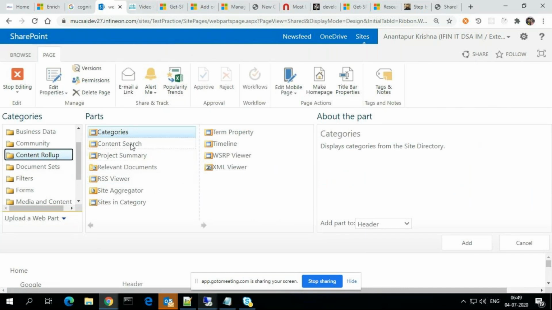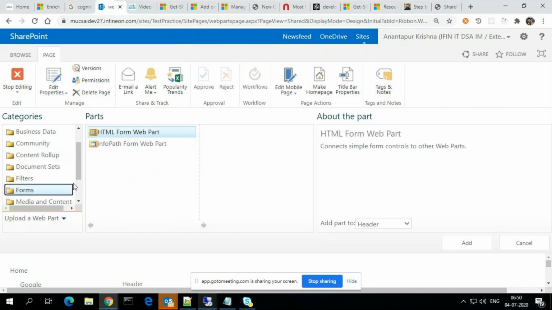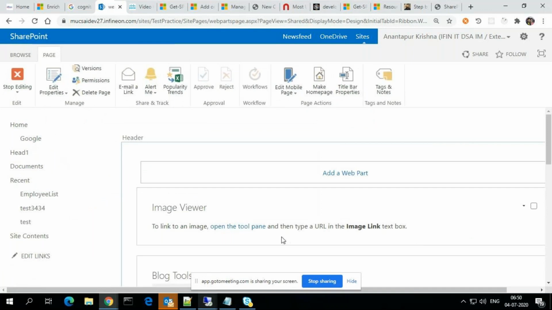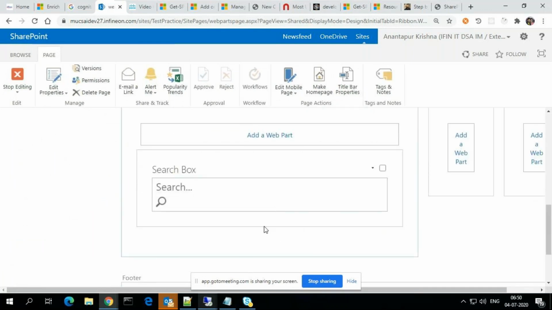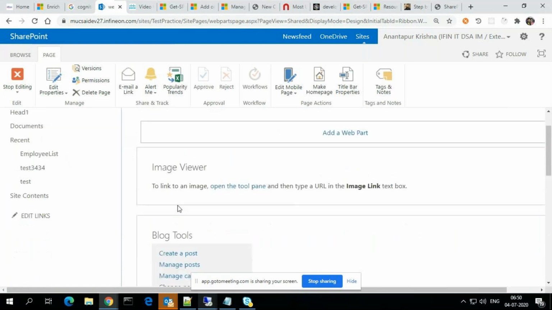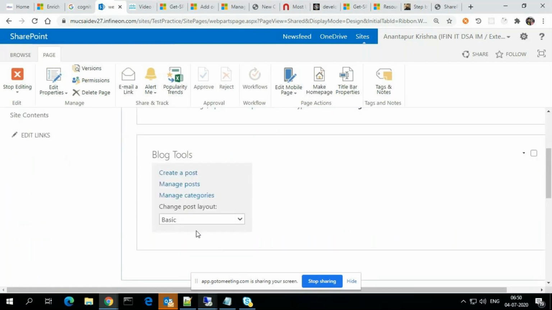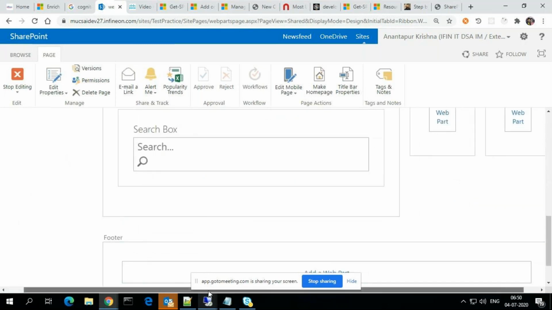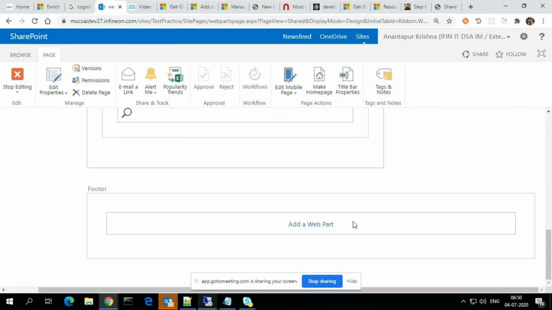Suppose I want to add forms or media content, image viewer, add. So in the top header, images and blogs are there. In the left column I have the search box. In the footer column I have added some footers also.